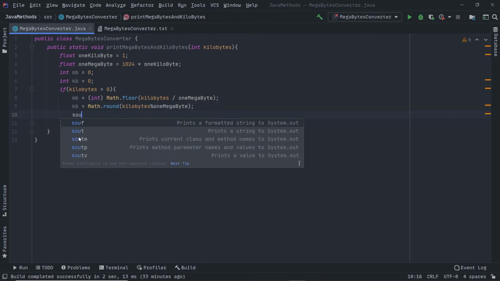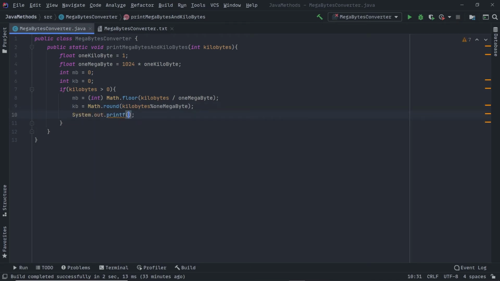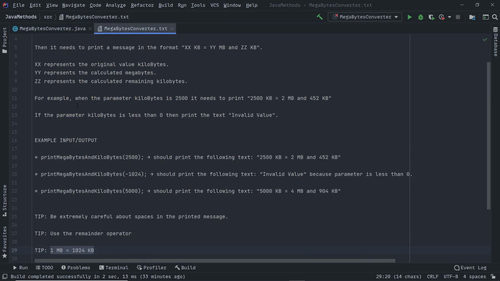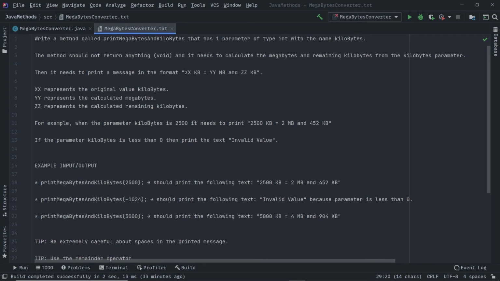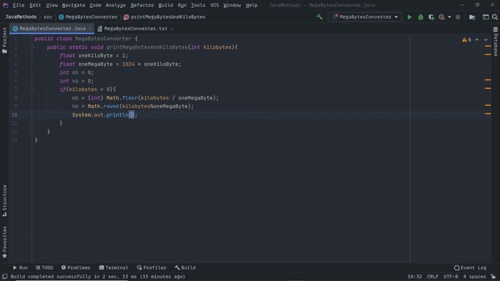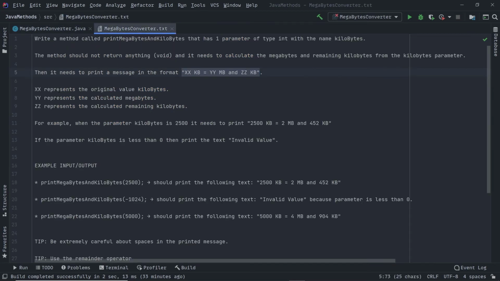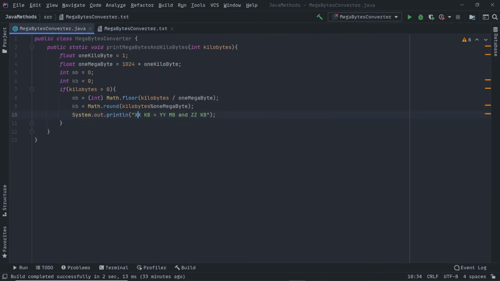Then we will output using System.out.println, and here we need to print it in the given format, XX KB = YY MB and ZZ KB. So copy this string and paste it here. XX represents the original kilobytes, so we replace it here with kilobytes, plus kb.